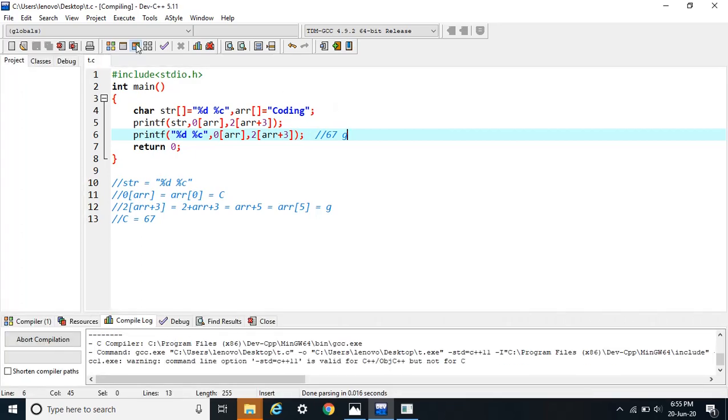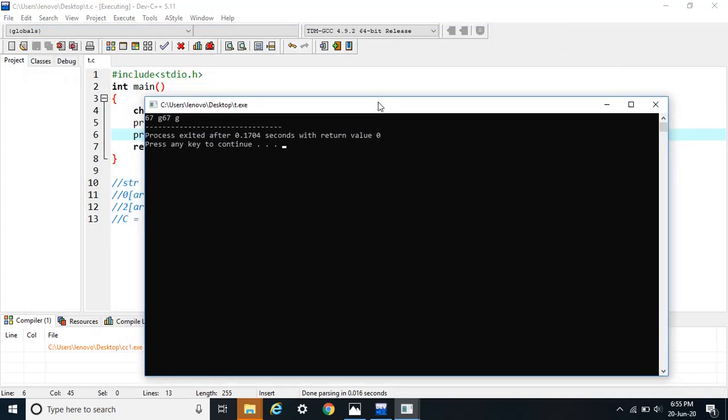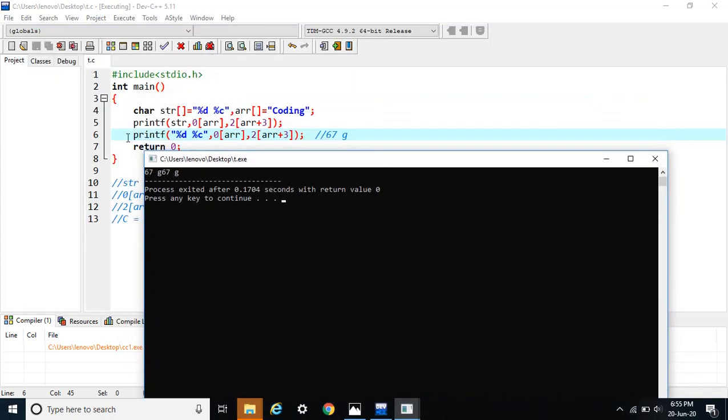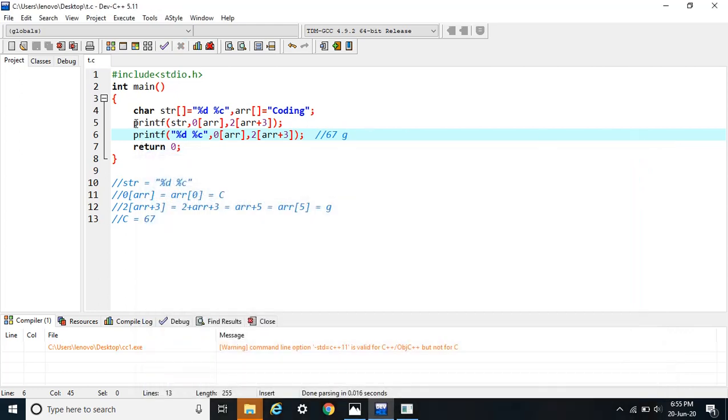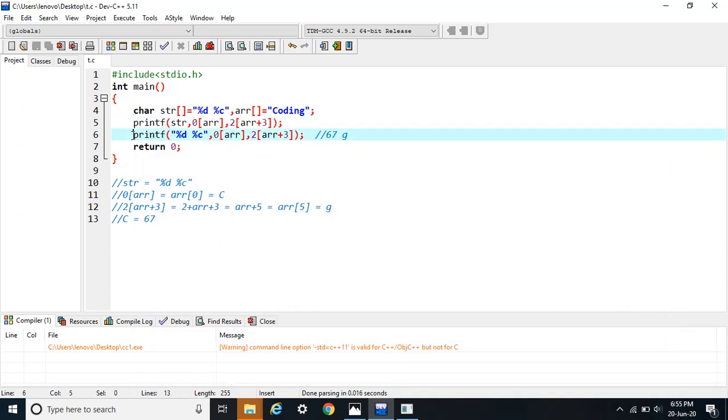Let's check this. So yes, 67G, this first one is for the first statement, and after this is for the second statement. So from this we can conclude that this statement and this statement, they are same. Why? Because the first argument, which is str, is placed as it is without any modification.